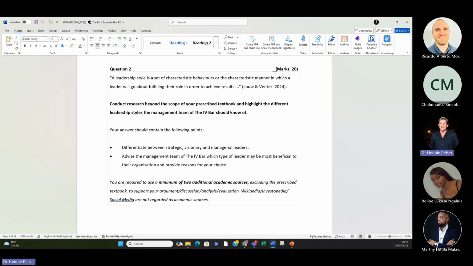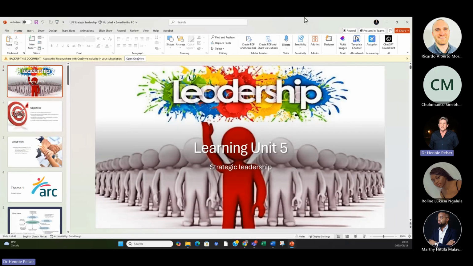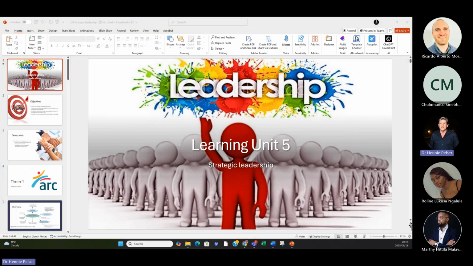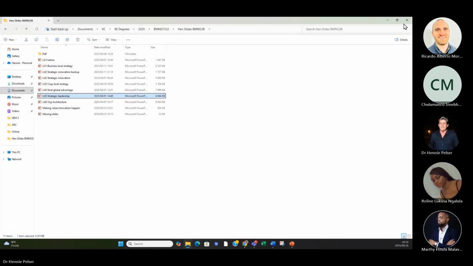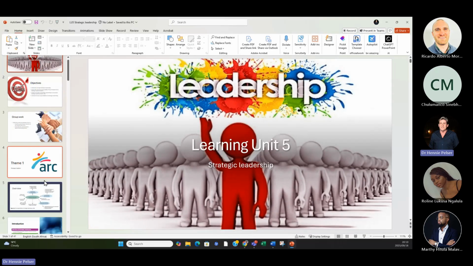Strategic leadership. I might have to quickly have a glance at the question. I differentiate between strategic, visionary, and managerial leaders. So the way to discuss it is to discuss visionary and managerial leaders first, and then to discuss strategic leaders. You'll see why. So obviously, managerial leaders, these are the kinds of leaders that essentially